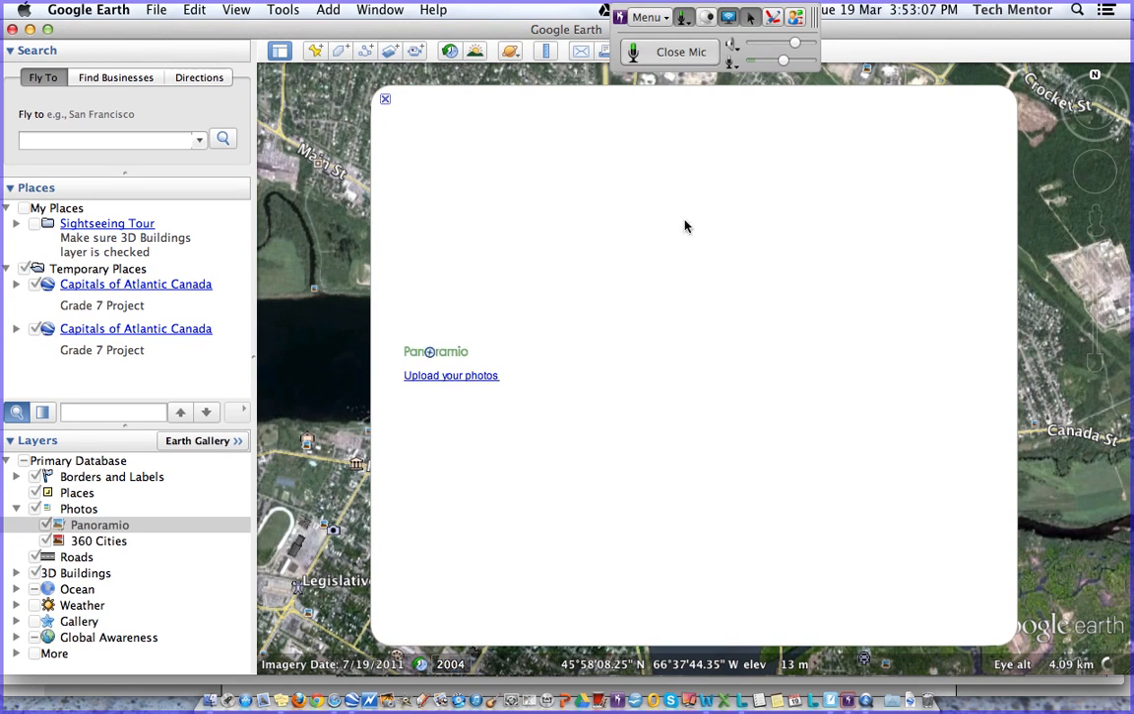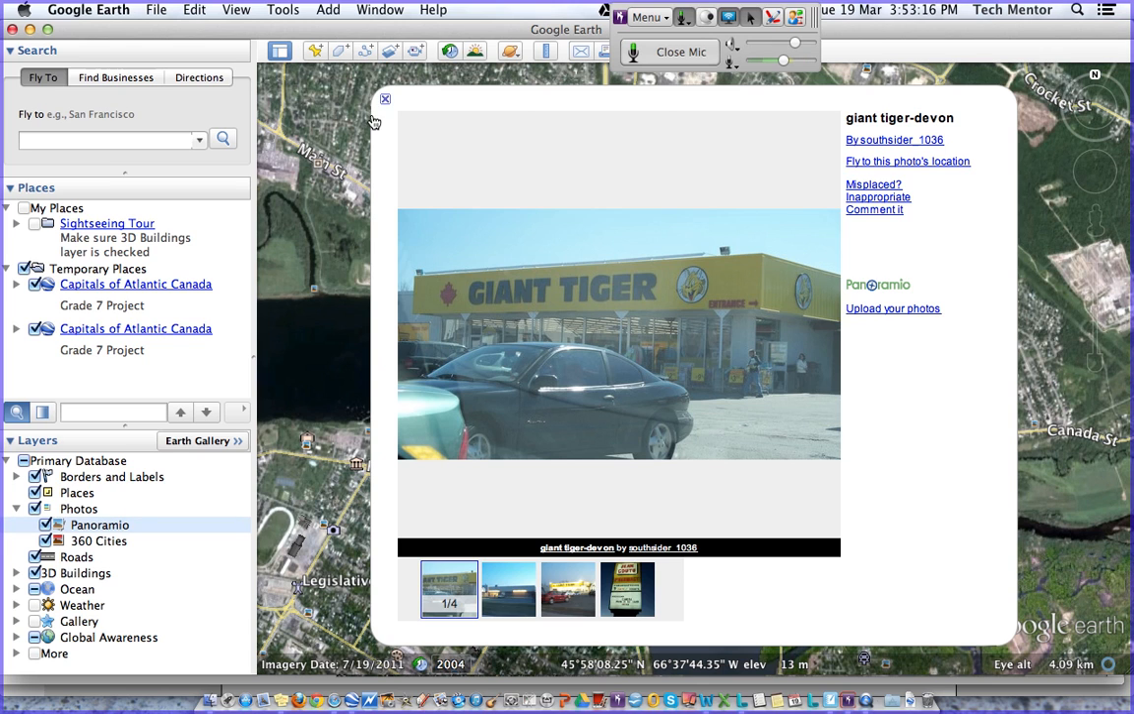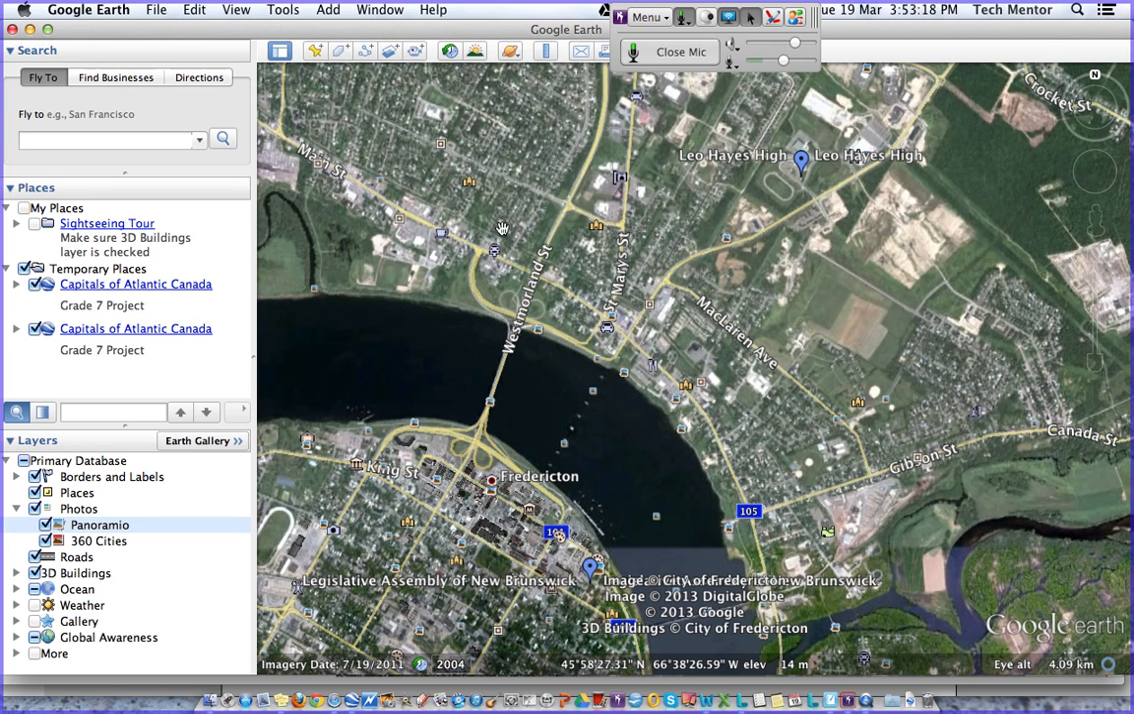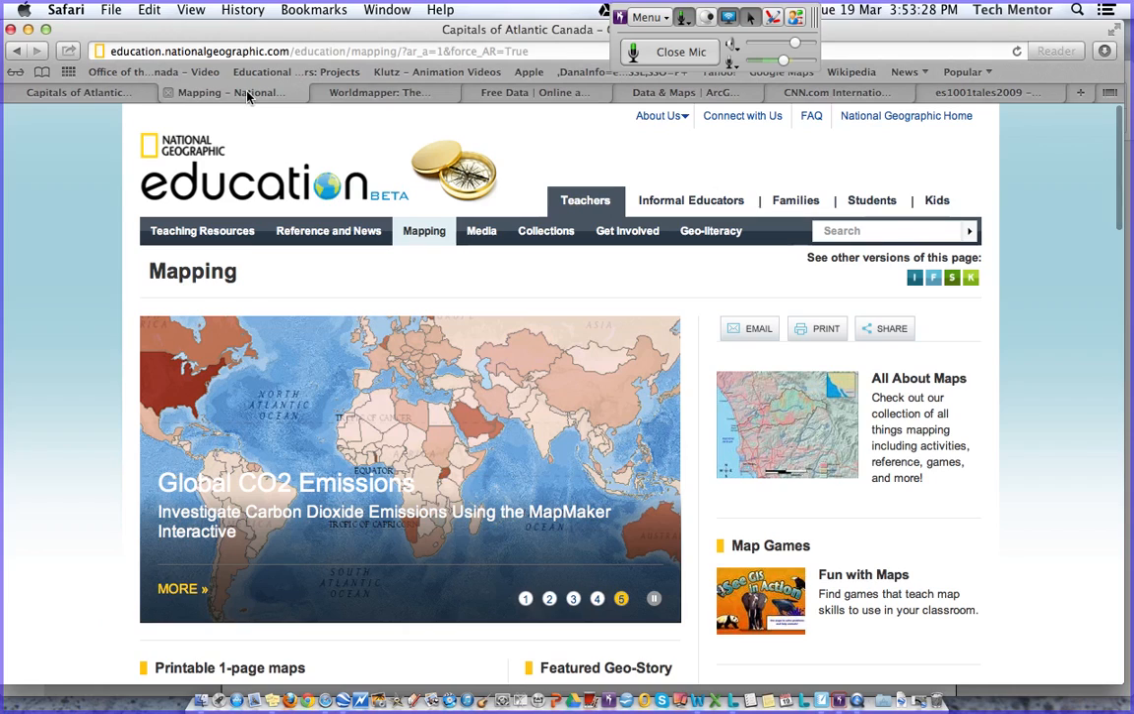Also, Google Earth, as you know, has a lot of pictures, so I can open it up and just click on this Panoramio photo of Giant Tiger in Devon. So there's all kinds of photographs and different things that are built in here. And we're not going to get too far into Google Earth today because it does some really cool stuff as well. But I do want to move on and have a quick look at a couple of other really cool